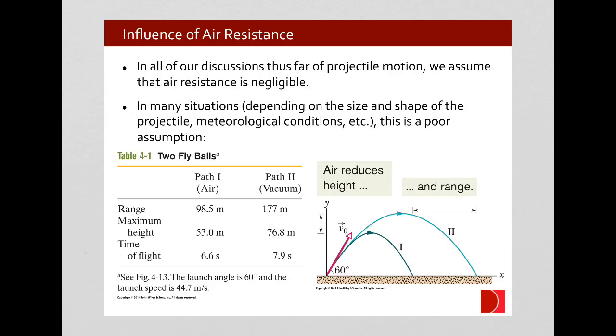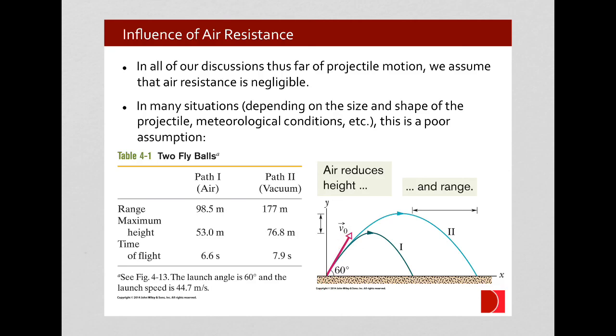So what we see in this picture is, assuming no air resistance, the ideal case. We get a nice parabolic curve showing our projectile motion, and that's done in a vacuum, so there is no air and there's no air resistance. However, if air resistance is actually taking place, that air resistance is a drag, and it's going to be pulling back on our object. And so as our object moves, it's going to have an initial velocity, but that initial velocity is being held back